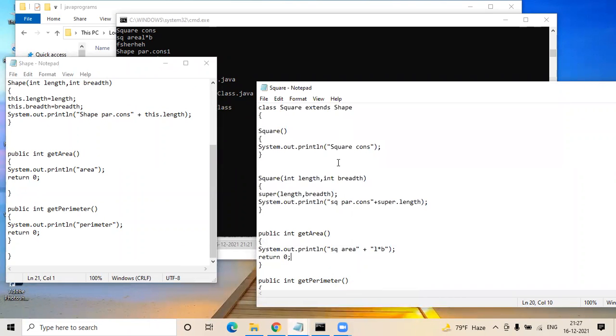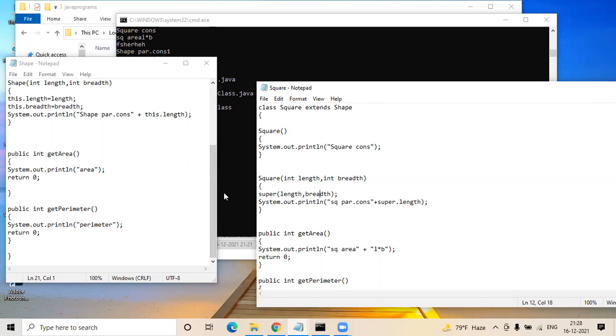Earlier we were having super in the constructor, but you didn't invoke the attributes. You were just invoking the default constructor, so your properties were empty. As per your attribute, the length is an int and it doesn't have any value, so it was default 0. But now you have invoked the attributes of length and breadth from your parent class of shape, and you are able to see the super dot length.